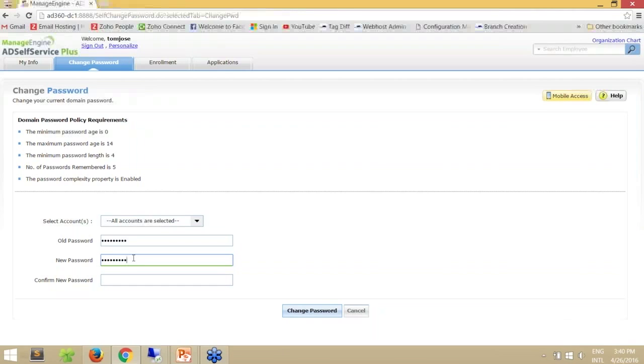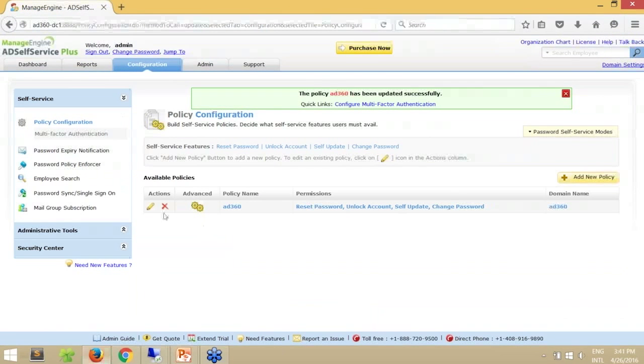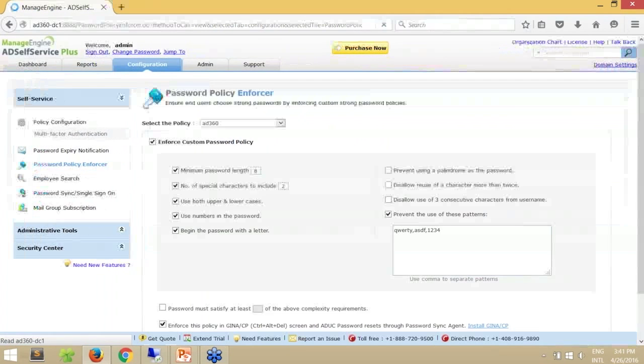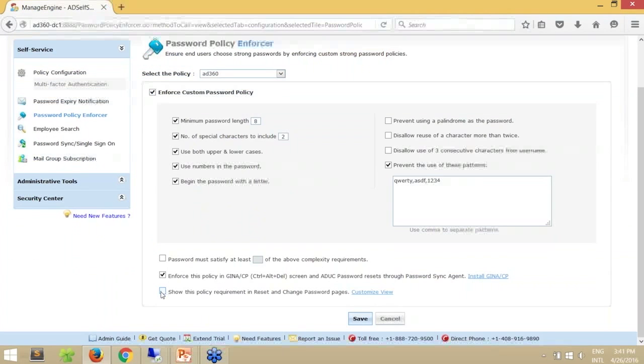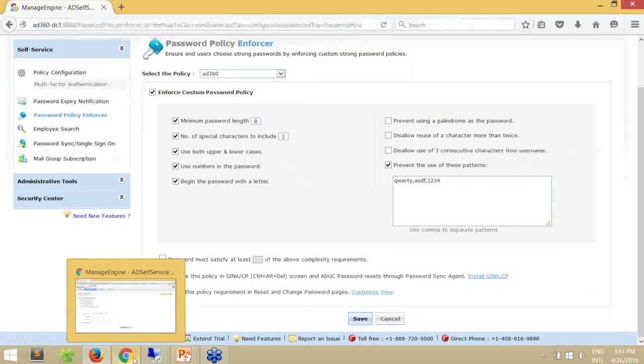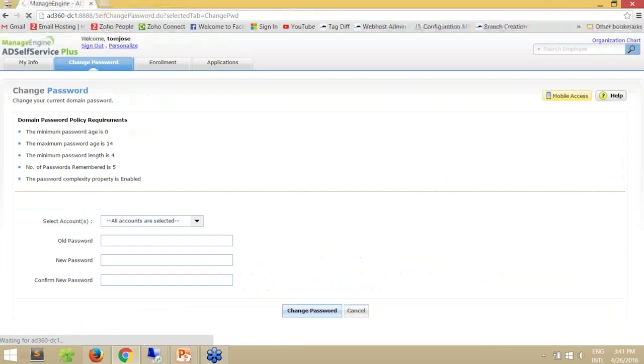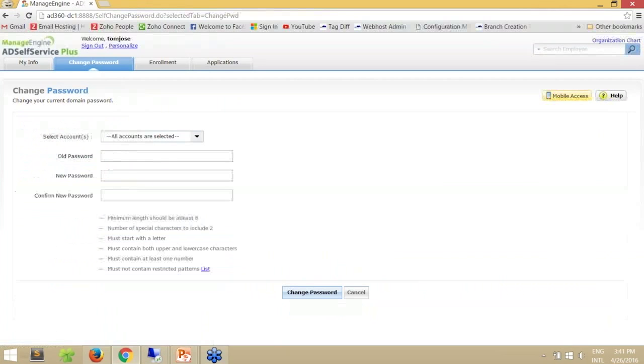So next I shall show you how to customize the password policy enforcer view for the reset password and the change password pages. I should just click cancel on this and go back to the configuration page. Here I'll go to password policy enforcer, and we had not ticked this option earlier, so I'll tick this now and show you how the view looks. Now I'll refresh this change password screen again, and now you can see the custom password policy which I had enabled has overwritten the domain password policy